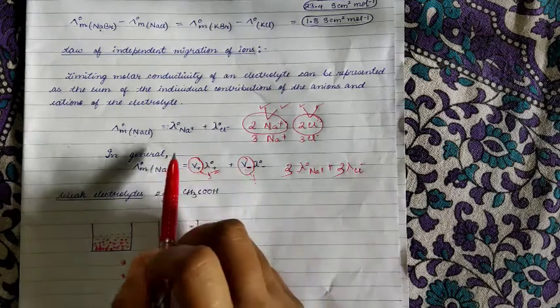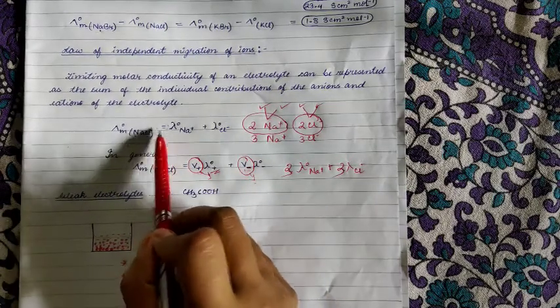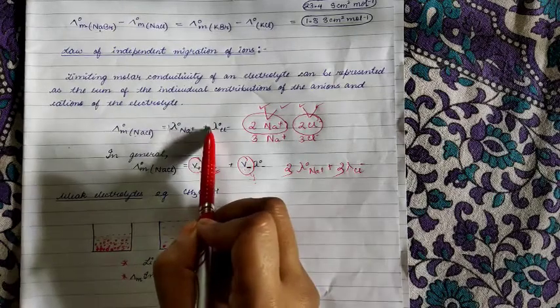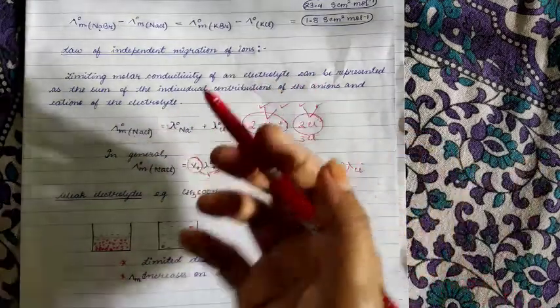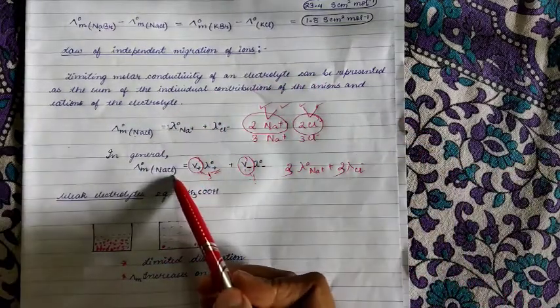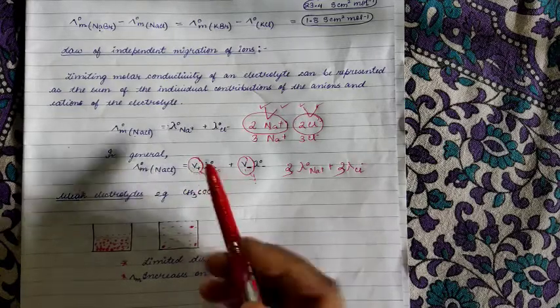Okay, clear? When we are talking about 1 mole of NaCl, you can put here 1. Okay, so it does not make any difference, so no need to put it. But if there are 2 moles of NaCl, it will produce 2 moles here. Okay.